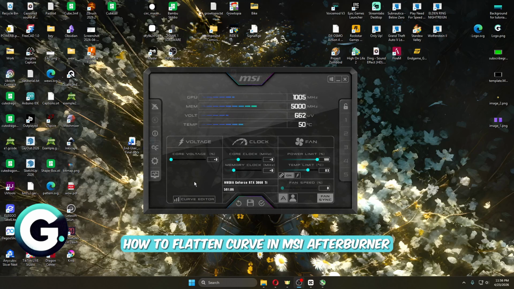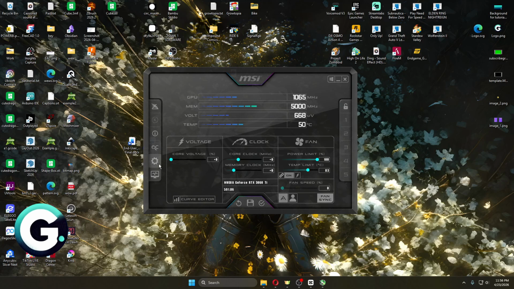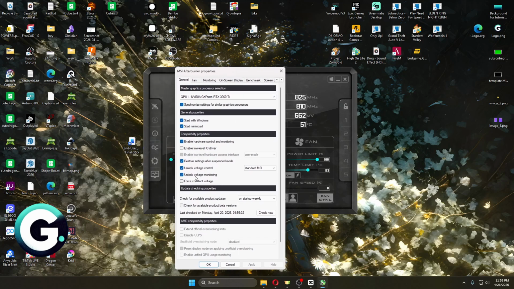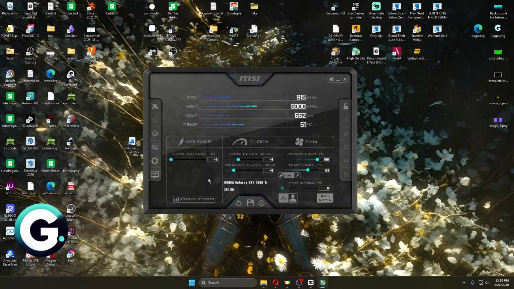So basically, the first thing that you want to do is to just open up the settings for your MSI Afterburner. And from here, you want to enable the unlock voltage control, and same thing with the unlock voltage monitoring. Basically, with that, we're able to simply edit our voltage, undervolting and enabling, or simply accessing the flatten curve